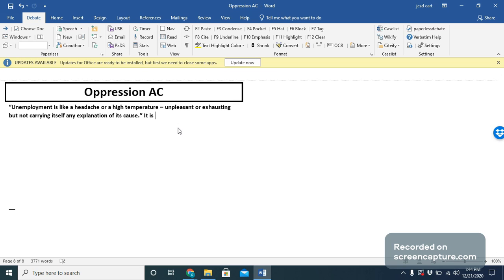So I say, it is because I agree with the words of the British economist William Beveridge. Most people here will just put, thus I must affirm or negate the resolution, but I also like to kind of explain the quote a little bit. So it's because I agree with the British economist William Beveridge